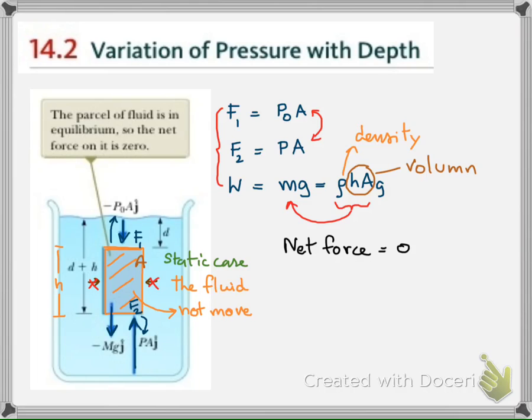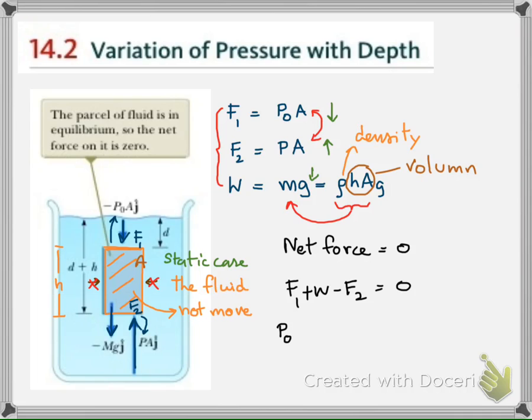You can see that for F1 the direction is downward. Okay, for F2 the direction is upward, and for W the direction is downward. Okay, so we must have that F1 plus W minus F2 equal to 0,